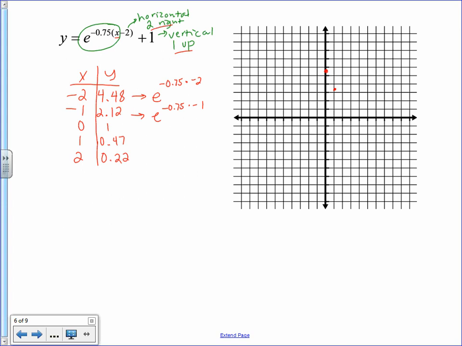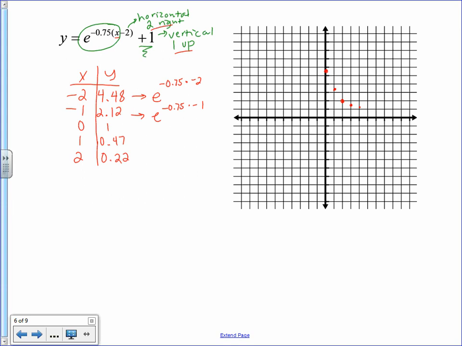0, 1, and then over 2 units to the right and up 1. That should be exact. 1, and then about a half, over 2 units to the right and up 1. And then the 2, 0.02, which is just a tiny bit off of the x-axis, over 2 and up 1. As you can see, they're getting closer and closer together, and they're approaching my asymptote, which is located at, remember